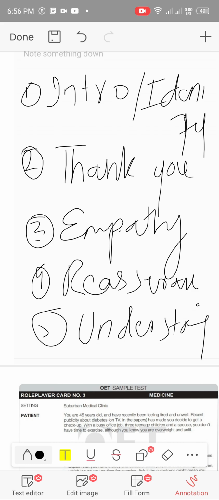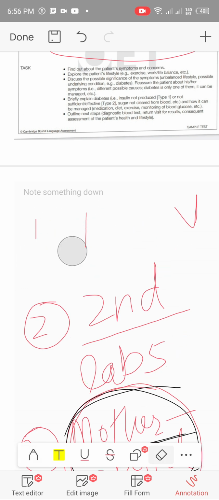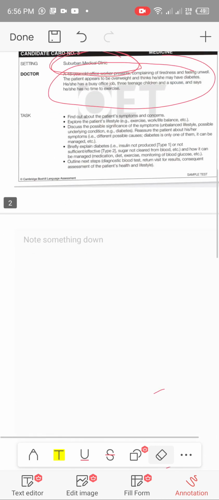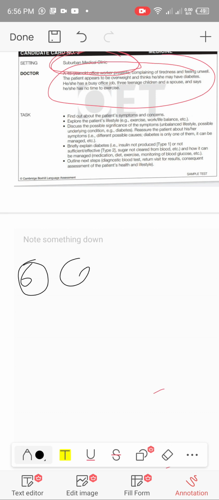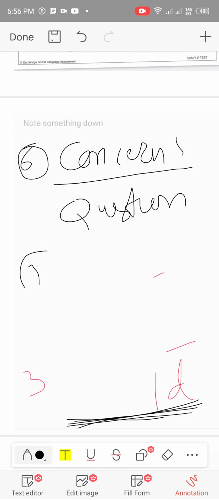That is important. Now, the next thing you're going to do is, let me see, that's going to be point number 6. That is to ask about the concerns of the patient. Or you can say it like this: questions. Do you have any other question? Do you have anything that is still bothering you? Okay, and at the end,